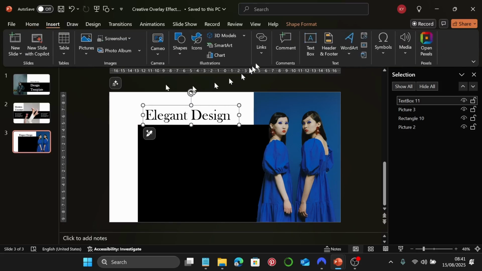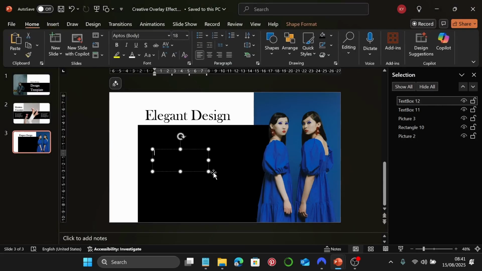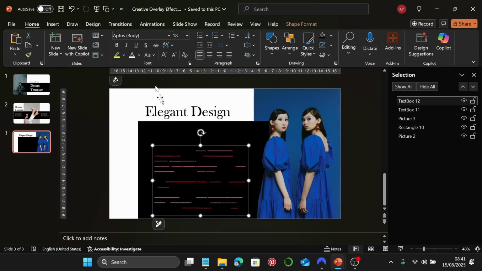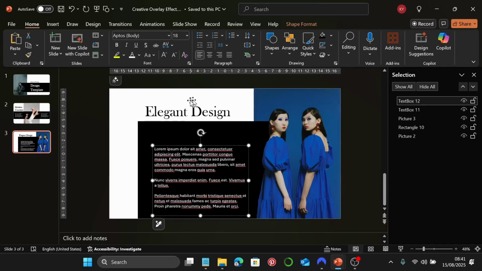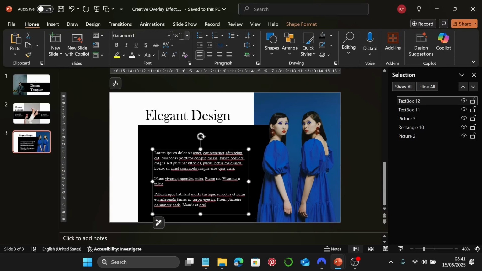Let's insert another text box. Insert text box. Let me grab the remainder of my text. Once again, Copilot can generate lorem ipsum text. When I created this project, I just googled it, so you can google it as well. So paste, and I'm just going to change the color to white, and I'm going to change the font to Garamond. Size is 22,